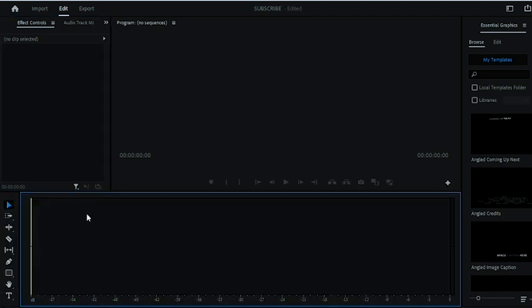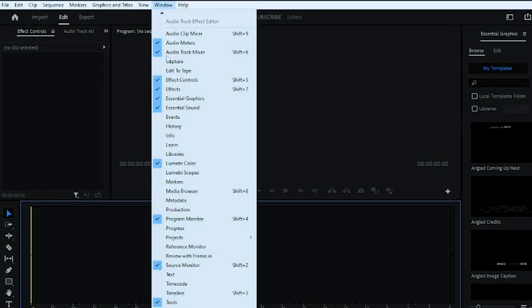To restore them, all I need to do is to head over to Window. And then right here, I have a list of all the available panels in Premiere Pro. These checked ones are the ones that are open right now, that is the ones you can see right here within the window, while these unchecked ones are invisible. They are not opened. So what you have to do is to search for the ones that are missing that